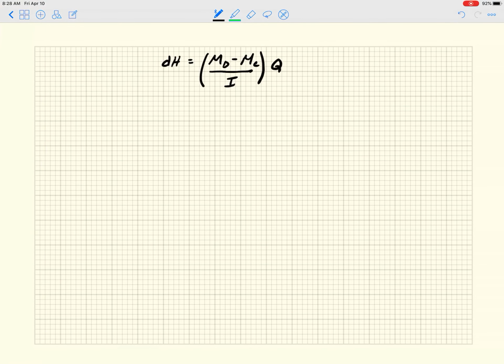When I did that, MD became positive and MC became negative, so I flipped them. It's now MD minus MC, just because I moved it to the right-hand side and had to multiply by negative one. And so then I get dH is now V dx over I